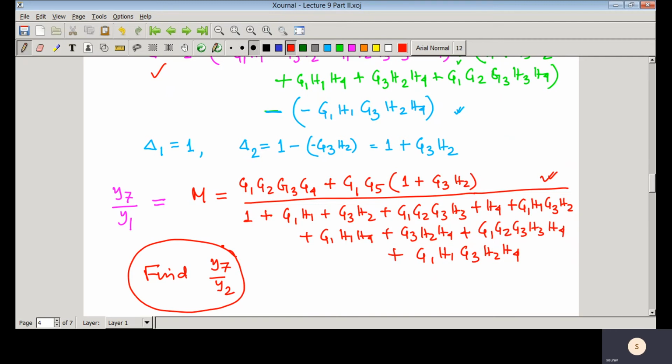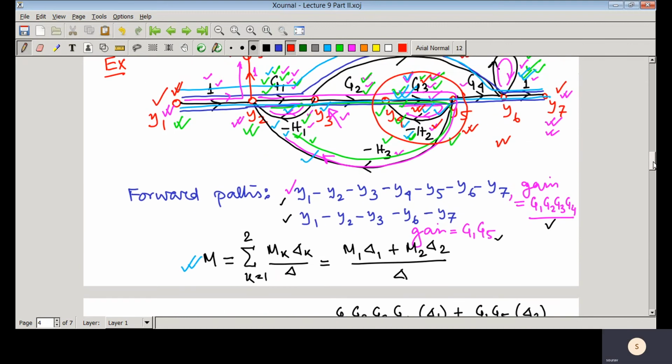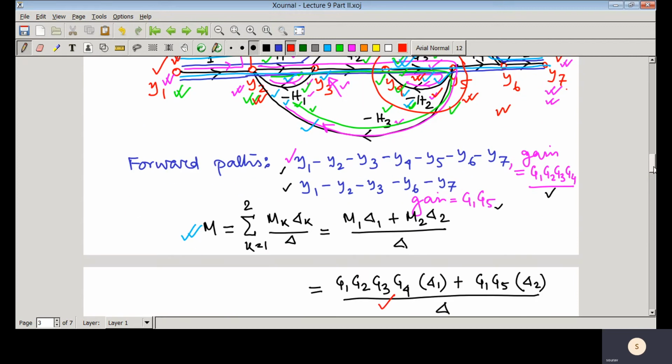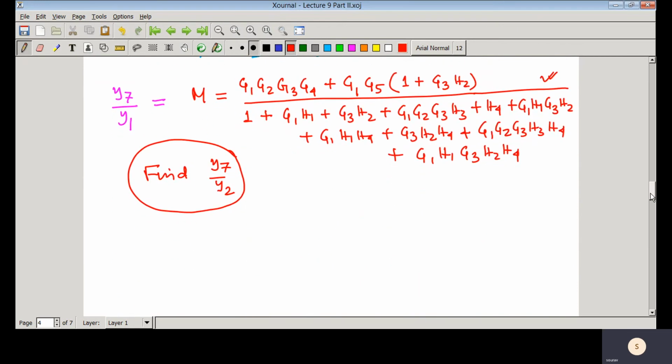So you need to find the transfer function from y2 to y7. Here you have y2 and here you have y7. You can notice that this y2 is not actually the input node. It is a node inside the signal flow graph. So here easily you can find that